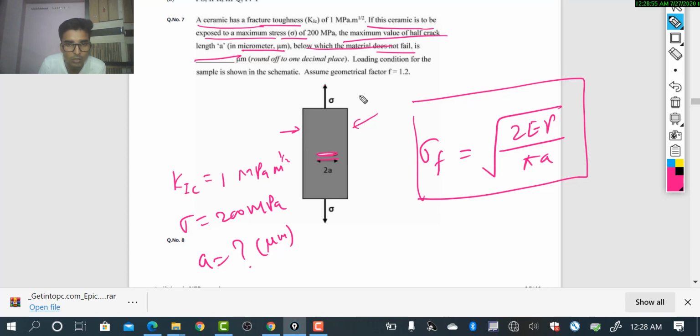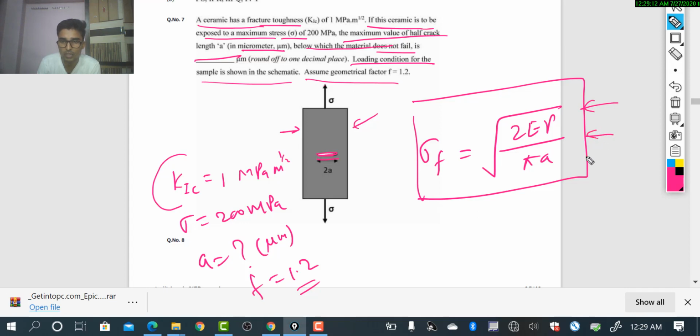There should be some other data also in the question, I think. The loading condition for the sample is schematic, assuming the geometrical factor f is given as 1.2. So basically KIC is given, okay. So it will not follow this formula. We could follow this formula to solve for a, since sigma is given, but we would have to be given the surface energy and elastic modulus. So I think this formula is not possible. We are not going to find this E and then gamma. It will be a longer process. So we'll just follow